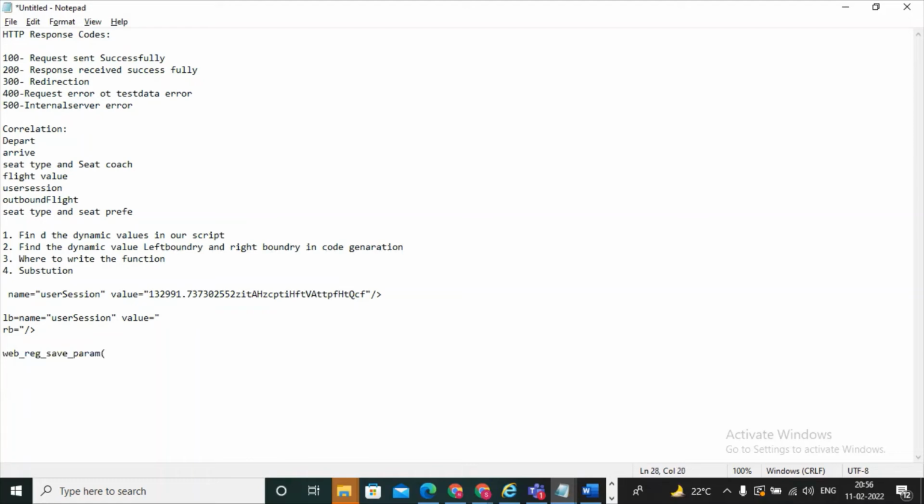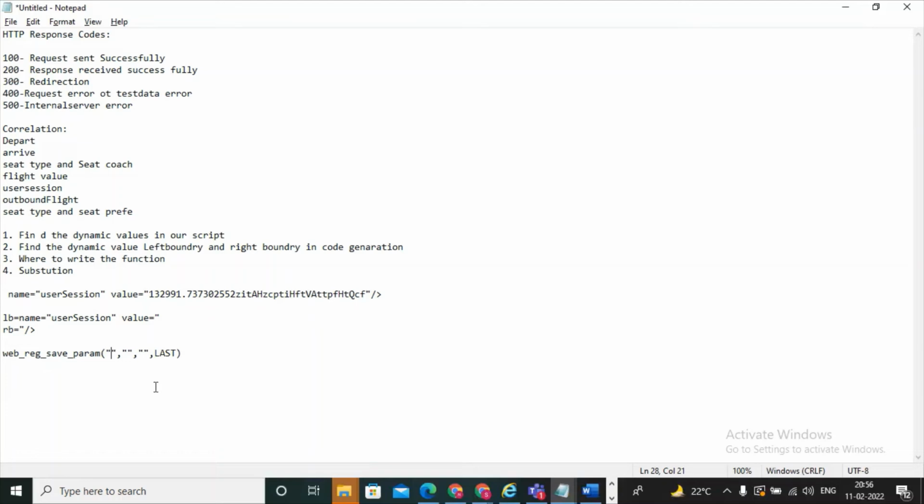Here we give the parameter name in double quotes, comma, LB with the left boundary, comma, RB with the right boundary, comma, and LAST is also one of the arguments. Each one is one argument. The first is the parameter name in double quotes. Which value are we correlating? The parameter.